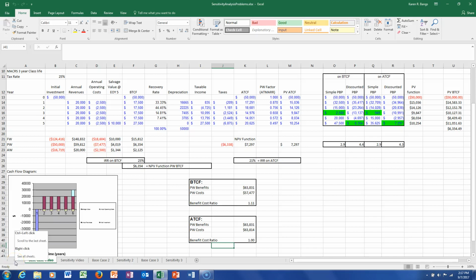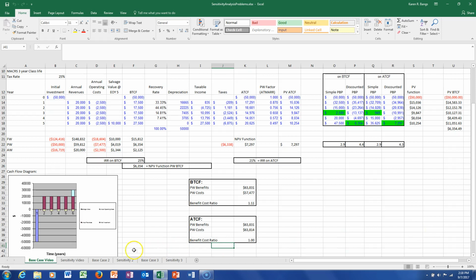Hi, Karen Banks here, and I'm going to go over an example of a sensitivity analysis very similar to what you're going to be doing in class. And if you have time, you'll be able to work on the sensitivity analysis for your project in class as well. But what I have set up here is an analysis that will provide some review of material we've covered